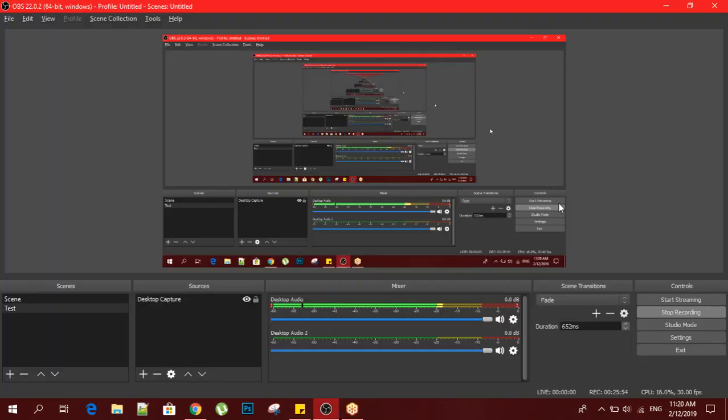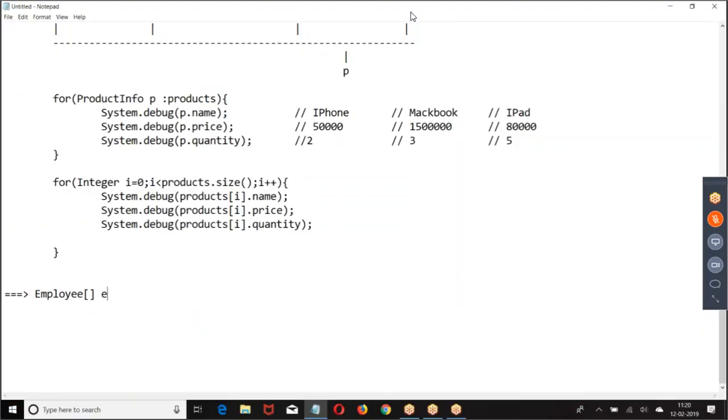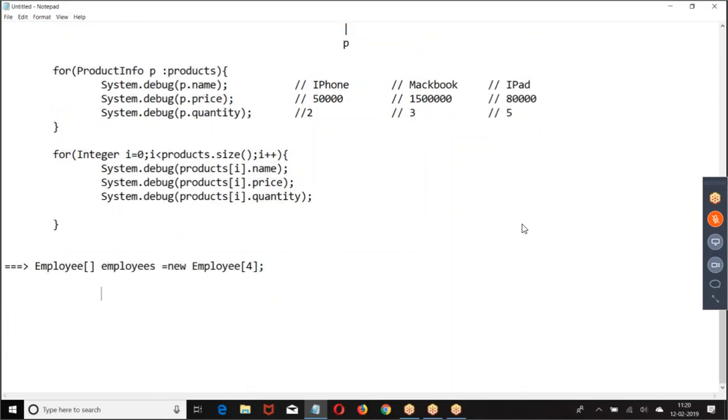Now let us see. Let me take a next example here. I have employee is equal to, this is how I have a structure.